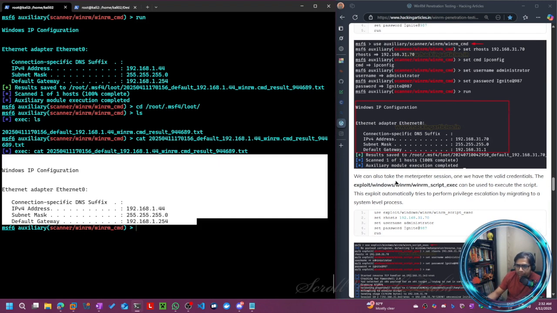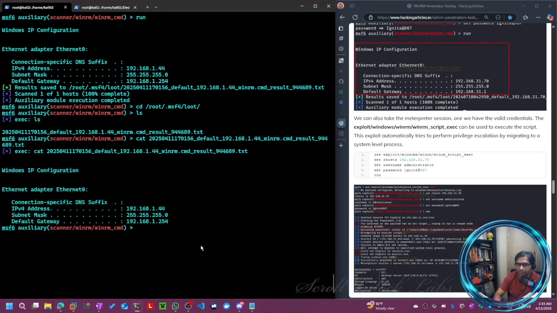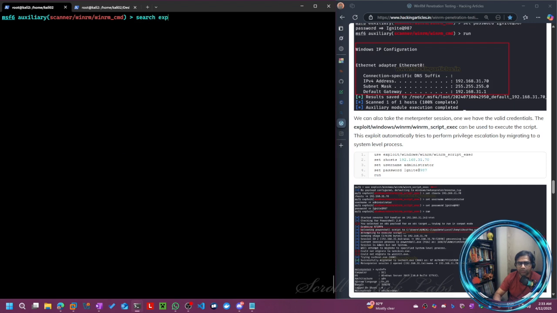Okay, we can also take Meterpreter sessions once we have the valid credentials. The exploit windows winrm winscript exec can be used to execute the script. And this exploit automatically tries to perform privilege escalation by migrating to a system level process. So let's use the exploit windows winrm exec. You know that you can search for the exploit like this. Search exploit